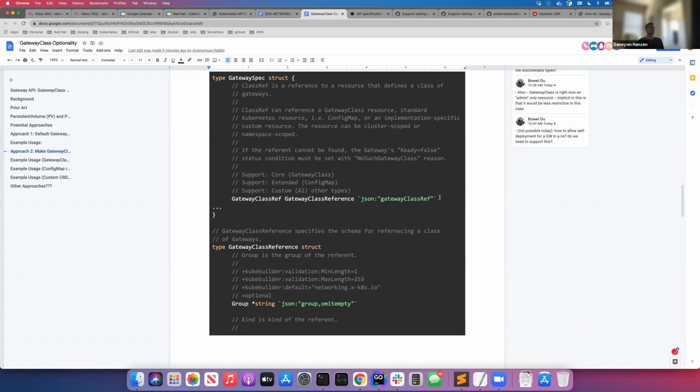Yeah, and in this document I say user, but really, I'm not changing anything. A gateway class would still be created by the cluster admin, and then the parameters ref CRD or config map would also be managed by the cluster admin, and the end users themselves can just create the gateways or the routes. But I think you raise a good point, because like 90% of the new users